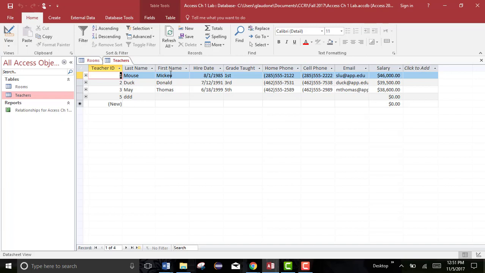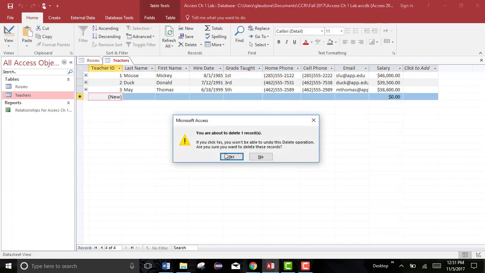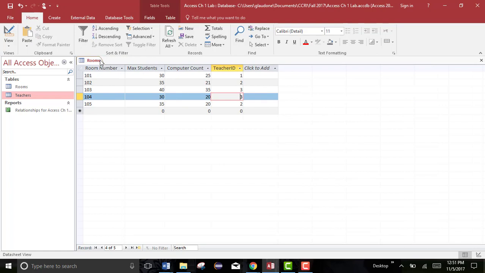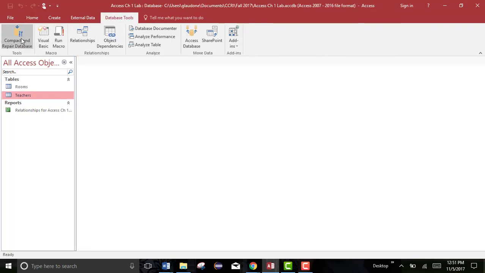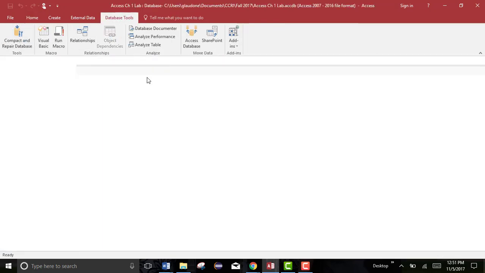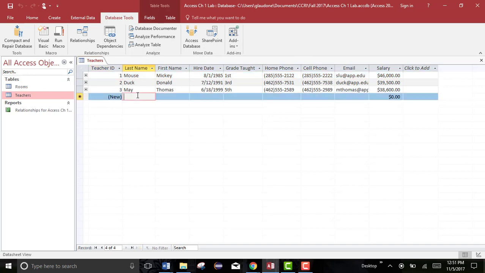And so one of the ways, and I'm actually going to prove this out. Let's see, I'm going to delete this and say yes. And close this out, close this out. Database Tools, Compact and Repair. Okay. So see, one of the ways that you can fix that is exactly what I was just saying, if you screw up your auto numbering, and this is only true if that's happened to you. If you delete all the records in the table or go back to where you screwed up,